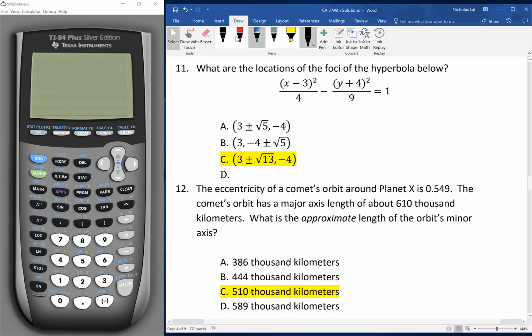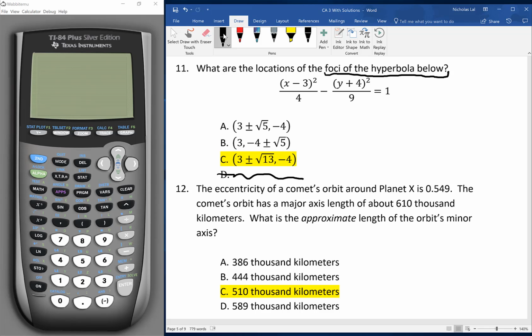What are the locations of the foci of the hyperbola below? Oh, geez. Guess I messed up formatting this document. Oh, that's okay. So the foci of a hyperbola,